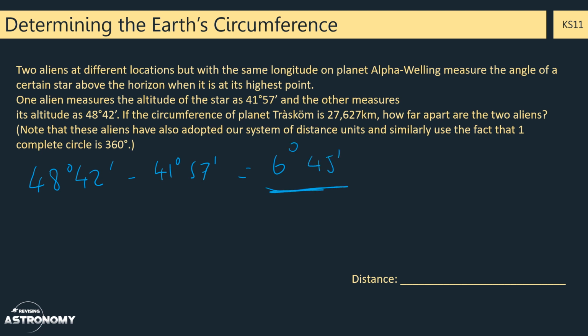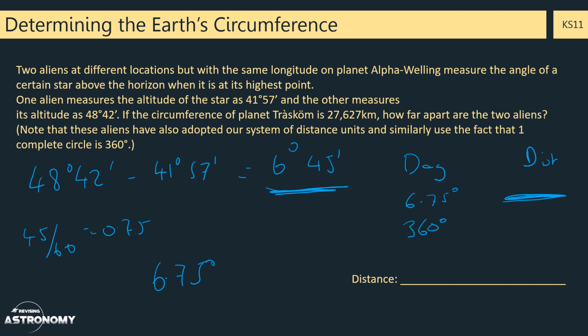Now we want to convert this into a decimal. So we're going to do 45 minutes out of 60, which is 0.75. So we know that the equivalent degrees difference between them is 6.75 degrees. This one's slightly different. We've got degrees and then we've got distance. We know that 6.75 degrees is the difference between them, but we want to know the distance. But we also know that the 360 degrees all the way round is equivalent to the circumference of the planet, which is